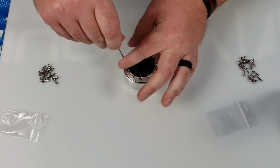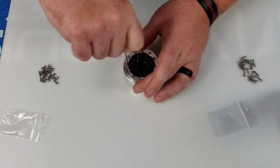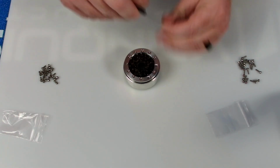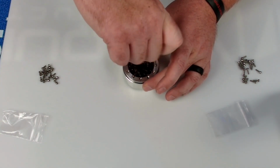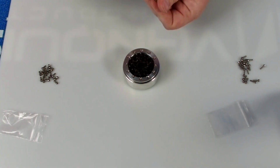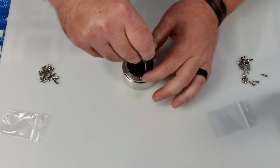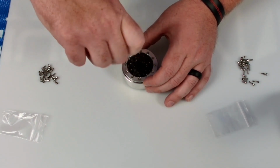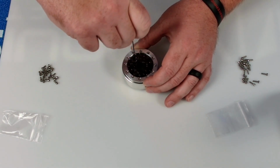So just know the longer screws actually help you out on bringing the beadlock ring down, and obviously it needs the extra length because it's stopping at the beadlock ring but still going through the carbon and into the wheel itself, the back wheel, just like that. So then you go around and then you snug